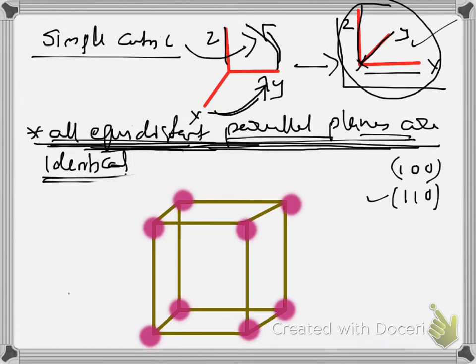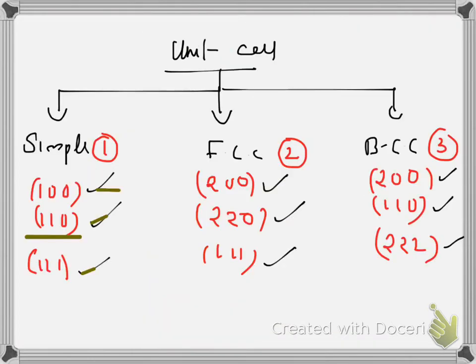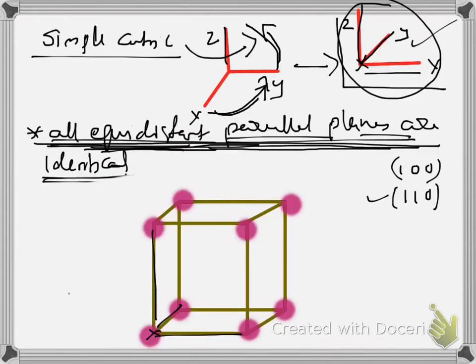Now consider another simple cubic system for drawing another plane. Here it is origin, selection of origin first. This is x, this is y and this is z. Next plane is 1 1 1. 1 1 1 means it has intercept at x, y and z at unity. So this is intercept in x axis, this is intercept in y axis, this is intercept in z axis. You have to connect them to each other. Very simple.